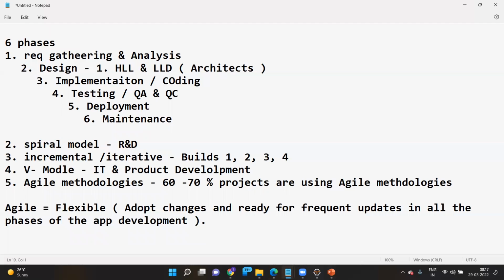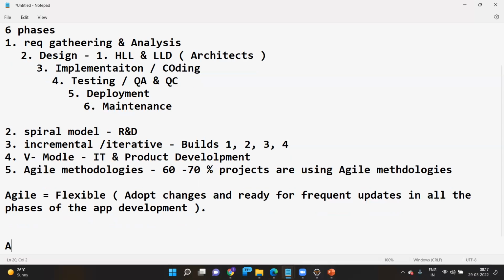You can ask this question: how is it so flexible, sir? The reason is, in a waterfall model, the tester will wait till phase 1, phase 2, phase 3 are completed. That means the tester does not have any work till all the phases are completed. But in this model, what happens is the entire application